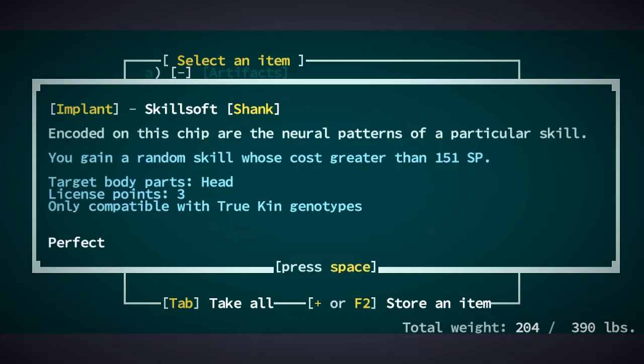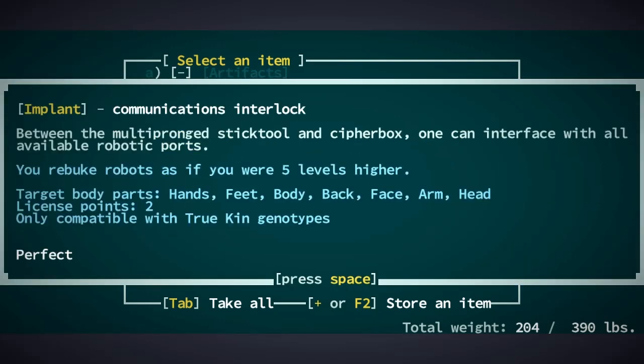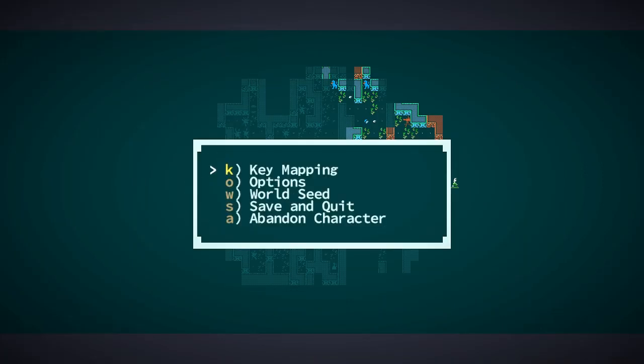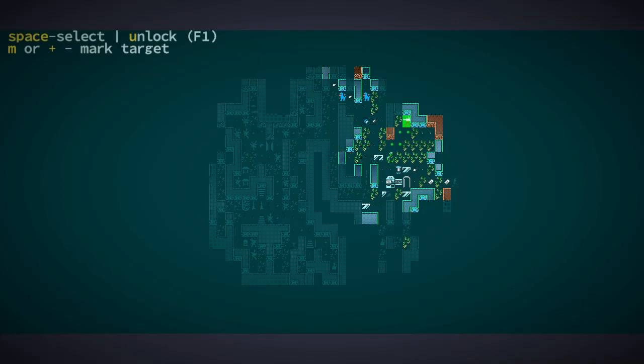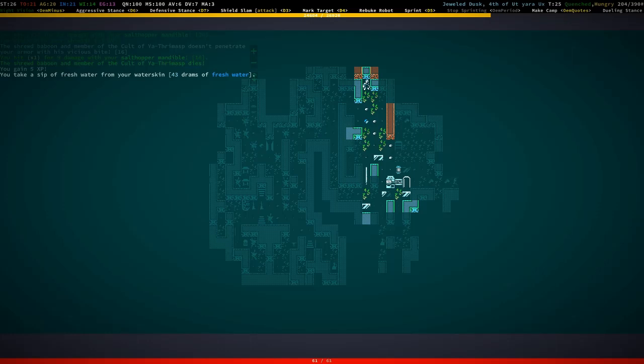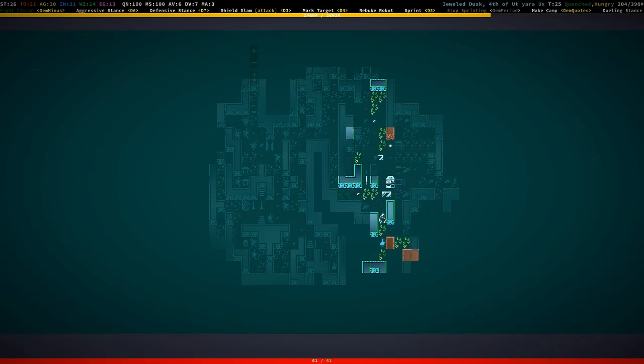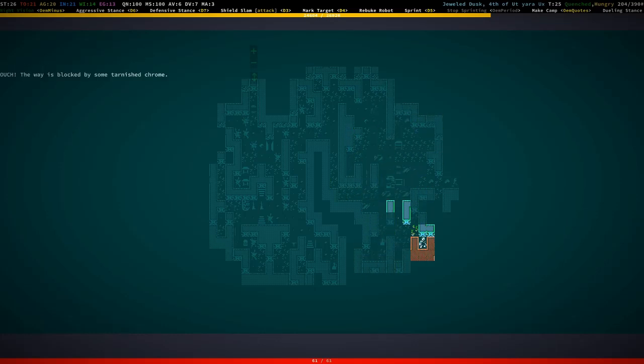Skillsoft Shank. Okay. Need to put it in the head, and it's 3. Communications interlock. I think this means we... Oh, we rebuke robots as if you were 5 levels higher. Nothing exciting. Although the robot rebuking might be kind of useful. I never use it much, but that is probably failing on my side. Alright. Okay, I need to take a quick break because I need